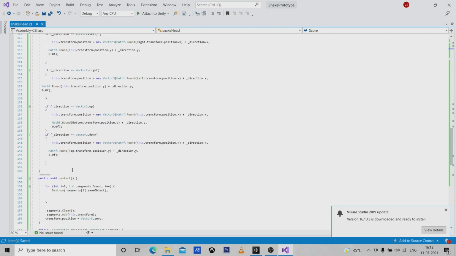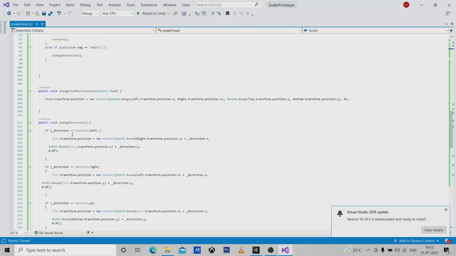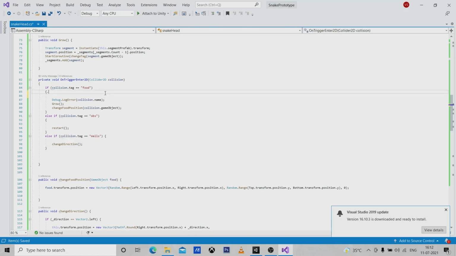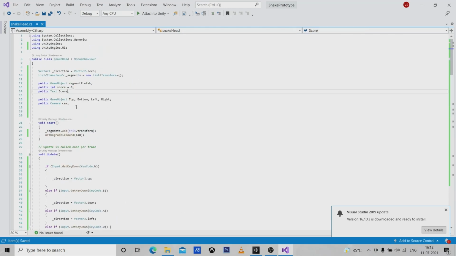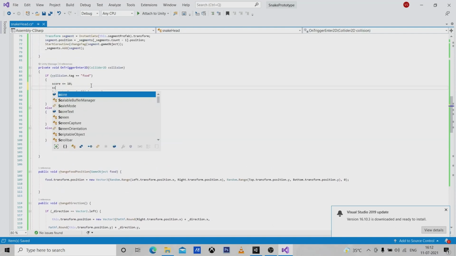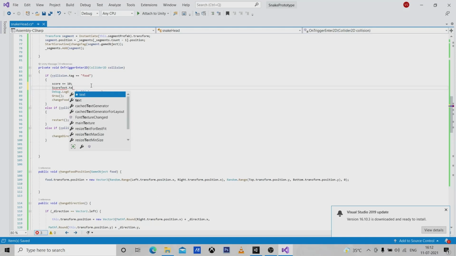and every time we eat the food, the score will be updated. So I'm just in search of the food. Okay, here it is, score plus equal to 10. This is the first thing, and just the name is score text. scoreText.text is equal to score, and because this is the integer, we need to hit the function ToString. Okay,